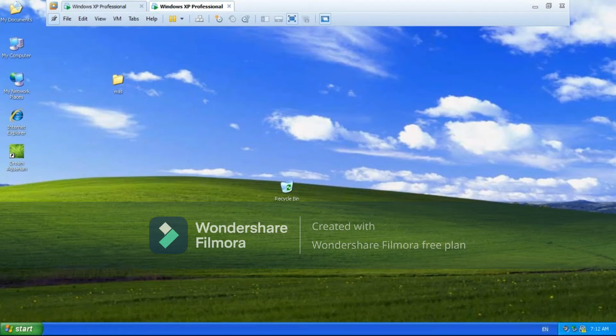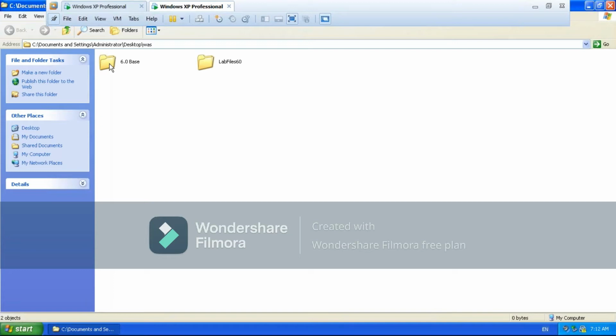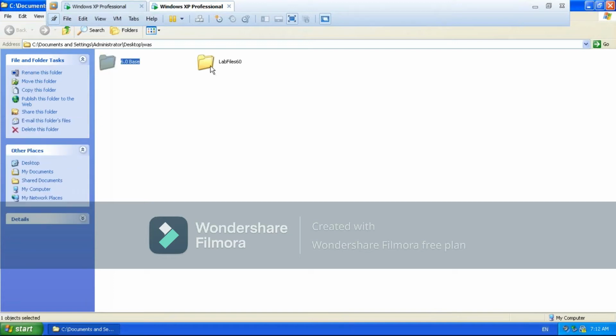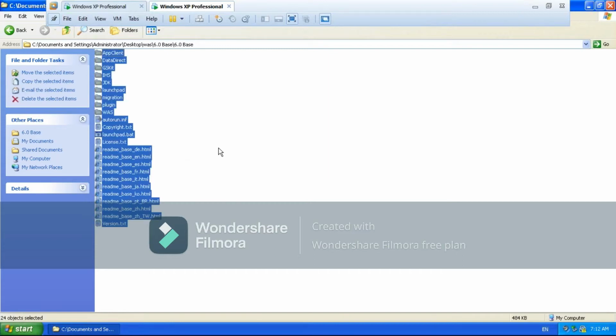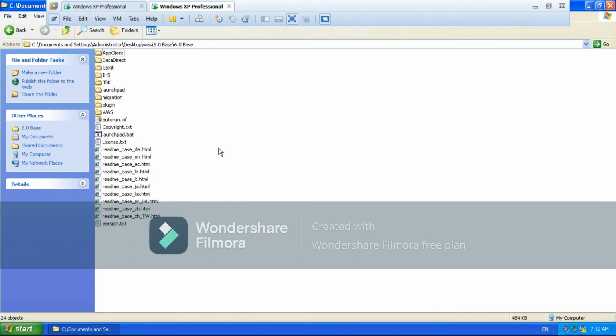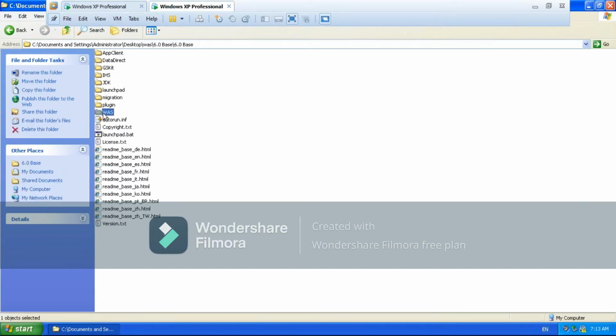If you open this folder, this is the VAS 6.0 base software, and we have the lab files also inside the 6.0 software. This is the complete VAS 6.0 base software. In this, you will get a folder VAS, a folder plugin, and a folder IHS.